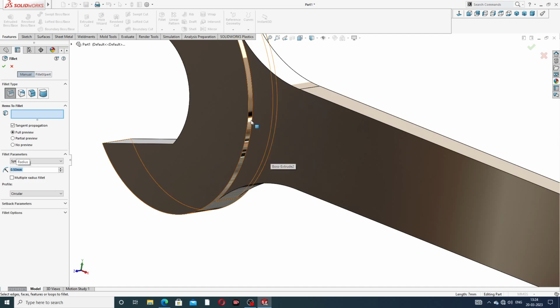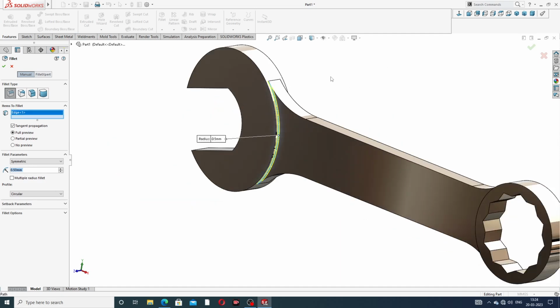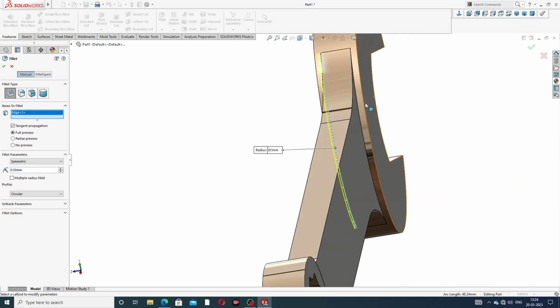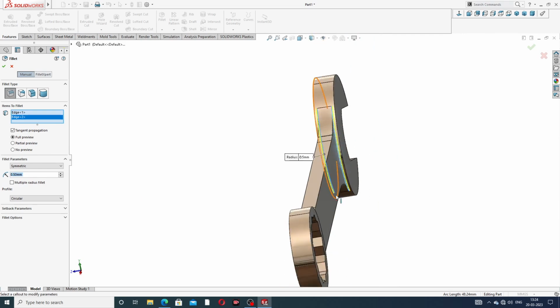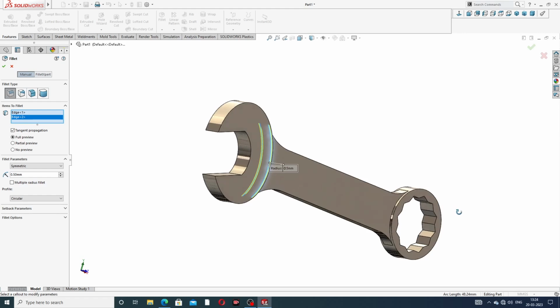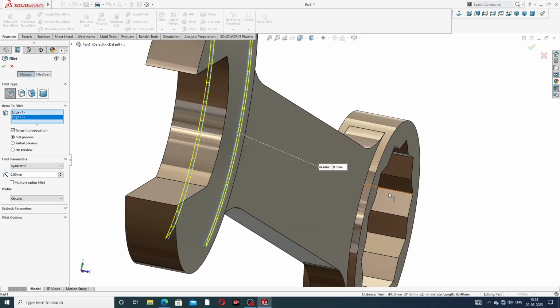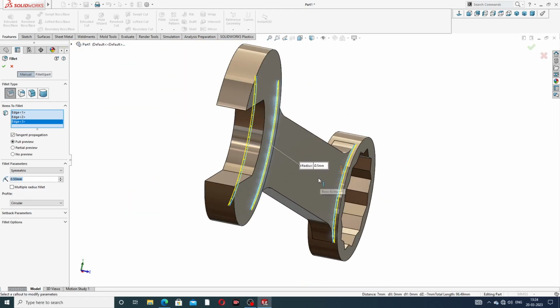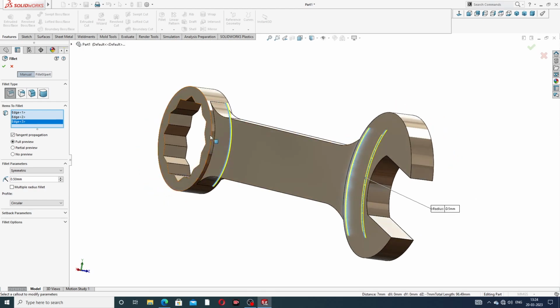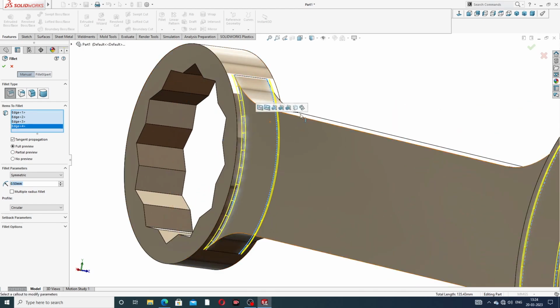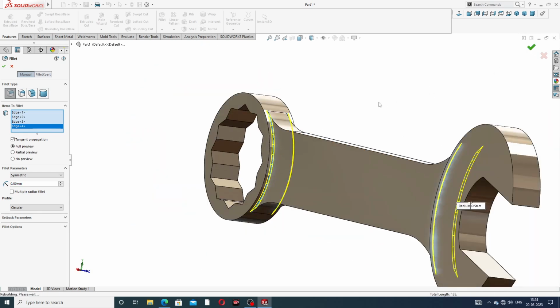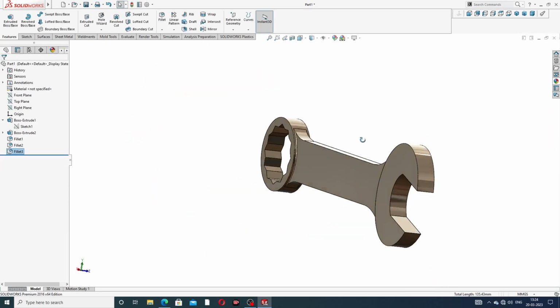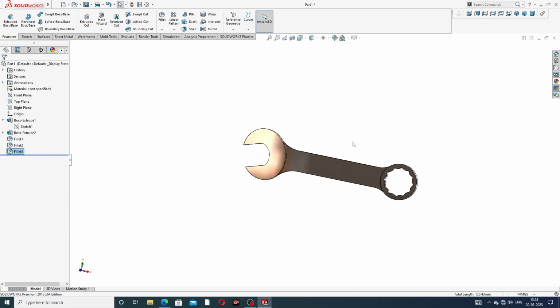and again select a fillet, 0.5 millimeter, and click this, click this, and again select this to this. Okay, this. Okay, all is looking perfect,